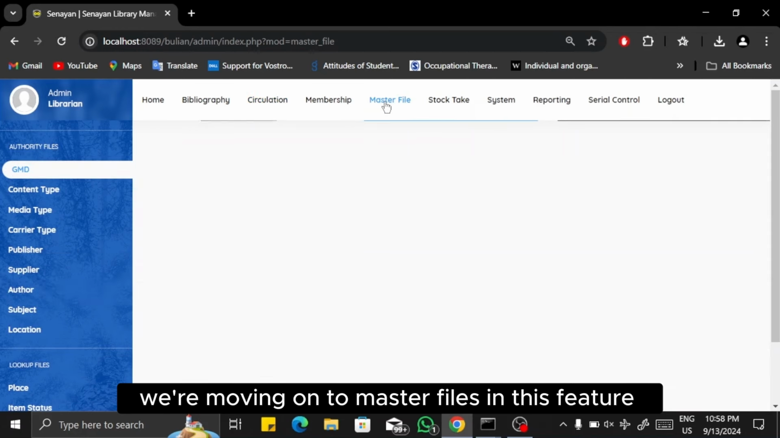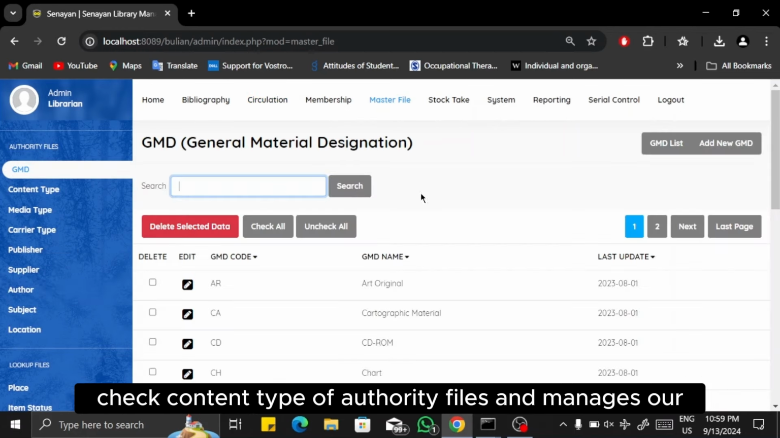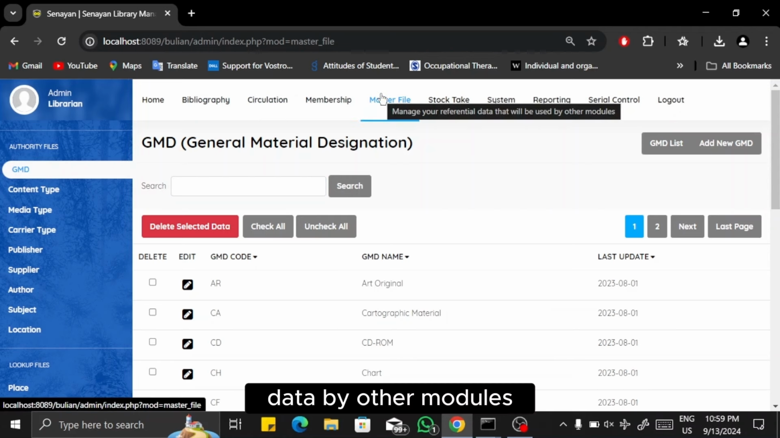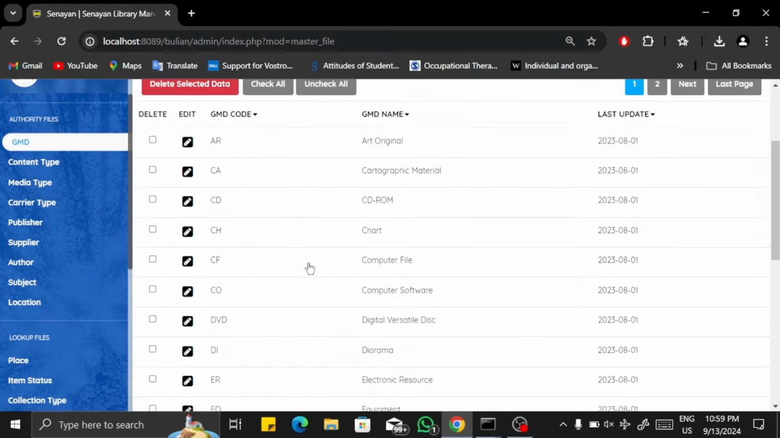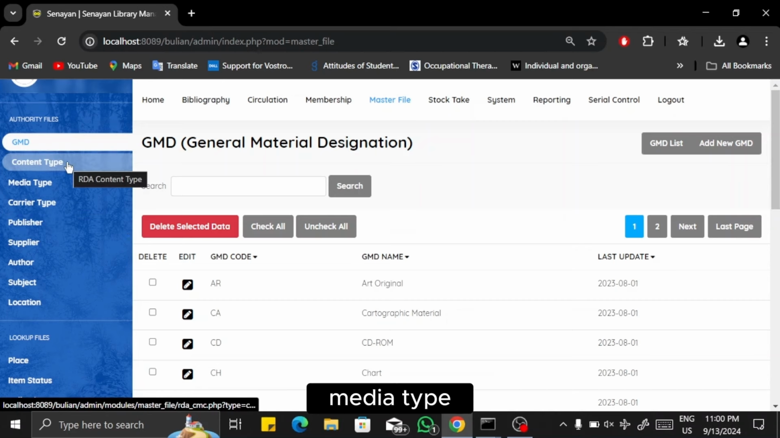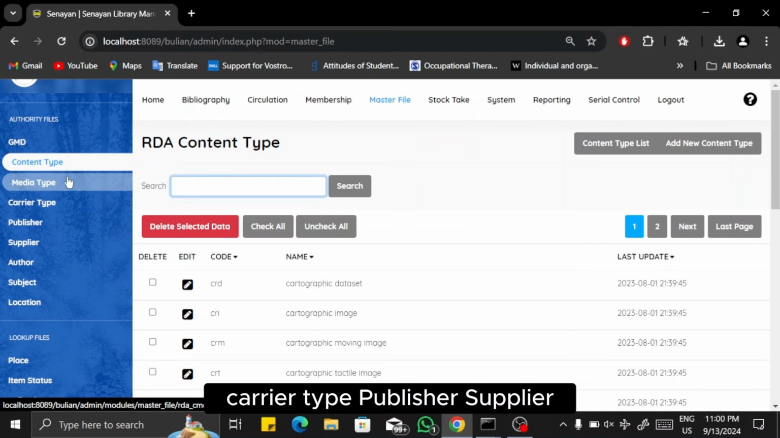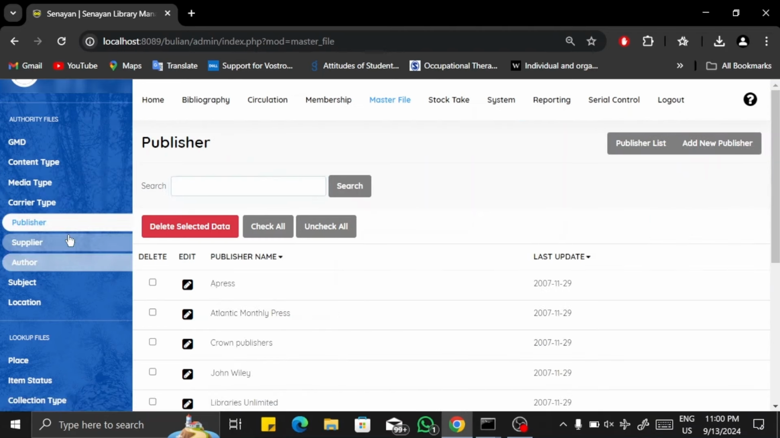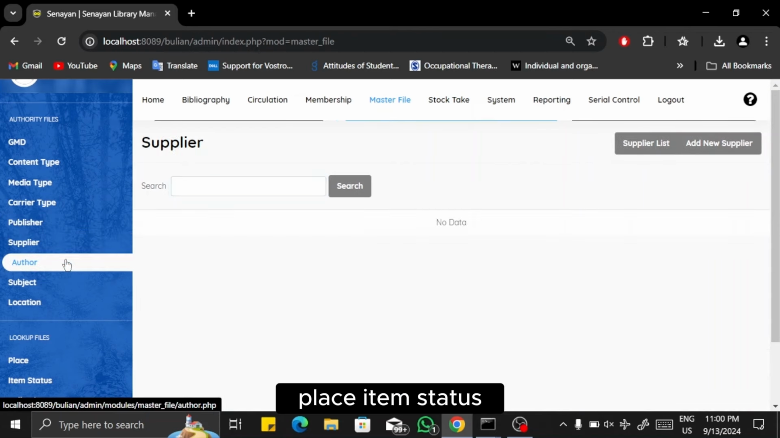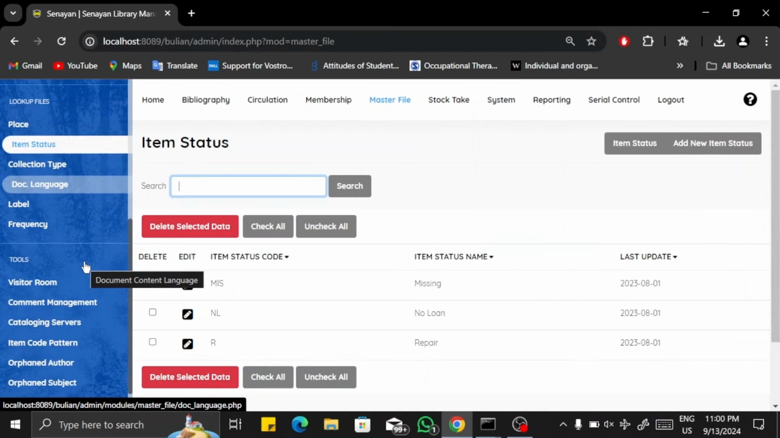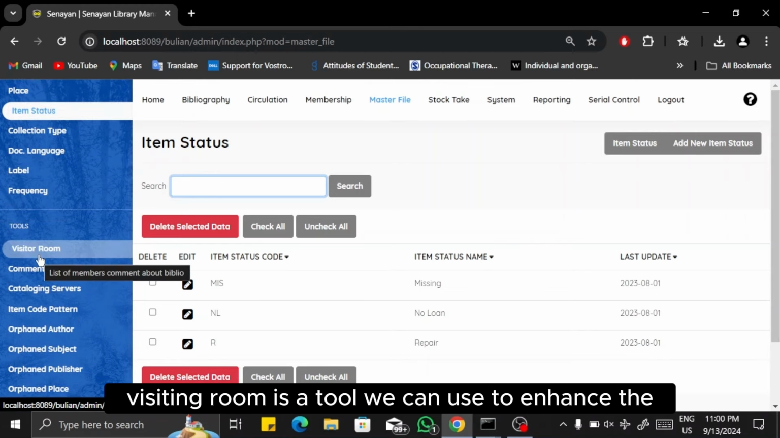Well, moving on to master files. In this, we can check content type of authority files and manage our data used by other modules like GMD, content type, media type, carrier type, publisher, supplier, author, place, item status, and visiting rooms. Visiting room is a tool we can use to enhance the